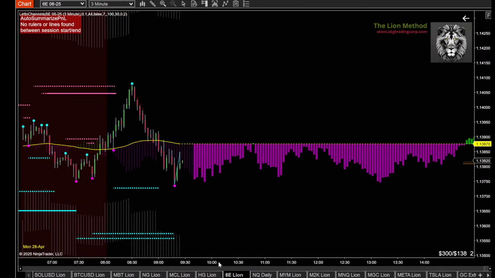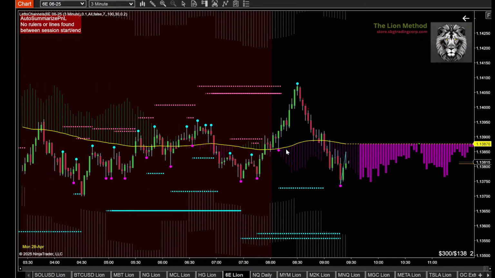If you're a trend trader, this might have been a good short. Again, the tendency is down. We've been flat though. There's no movement in the market. It's been flat all morning. Now this is a 3-minute chart. I like it a little bit longer on the 6E because it's a slow mover. All right, let's have a look